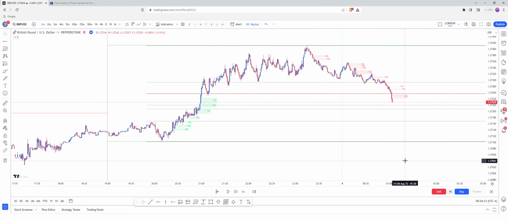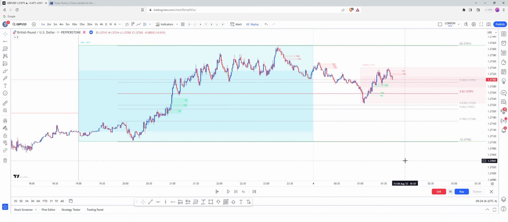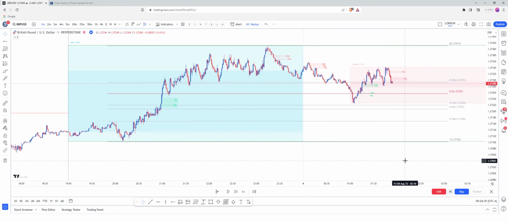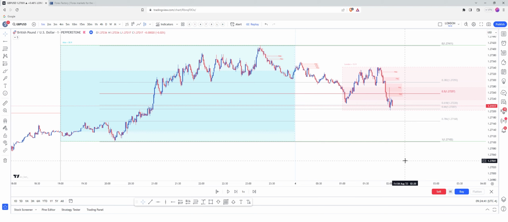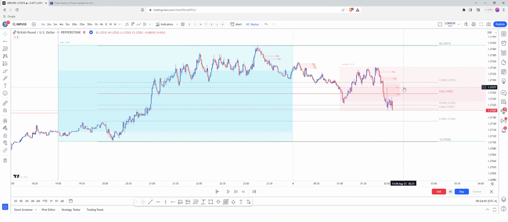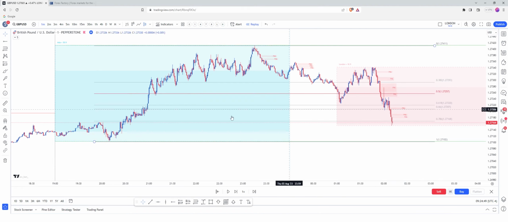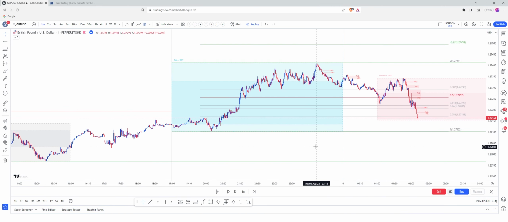And I don't believe there was actually a valid entry at this point. So price came back down, tapped optimal trade entry. This is our break of structure at the moment. It didn't, it continued lower. So there was no entry at optimal trade entry of the Asia range. At which point,